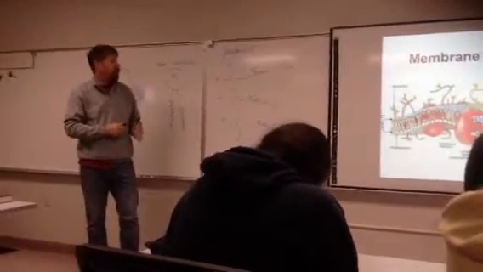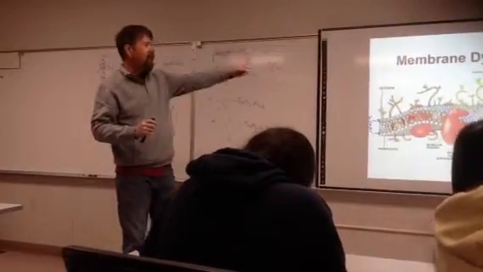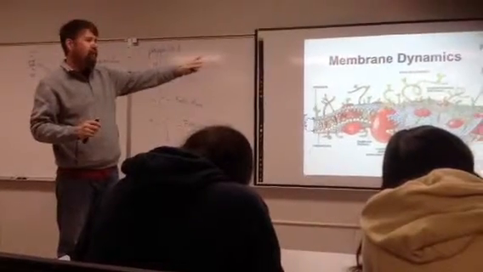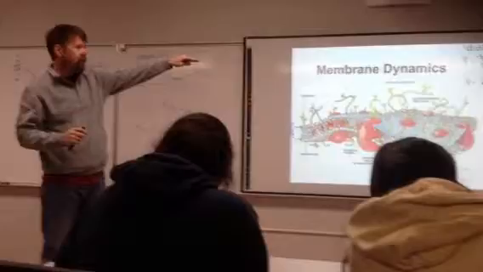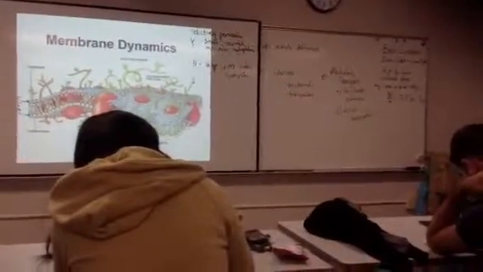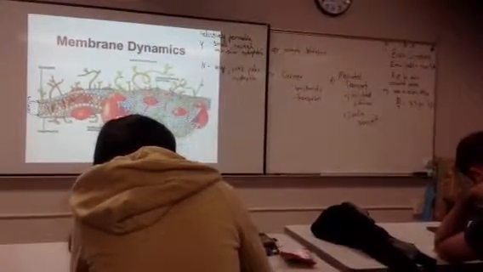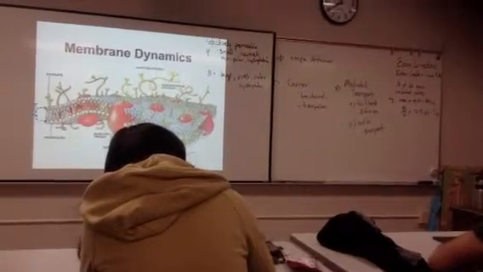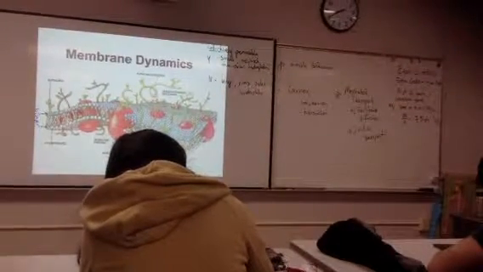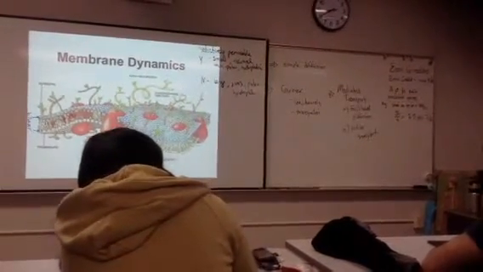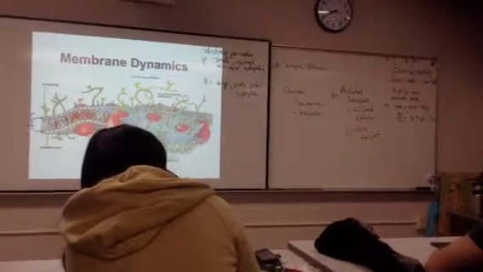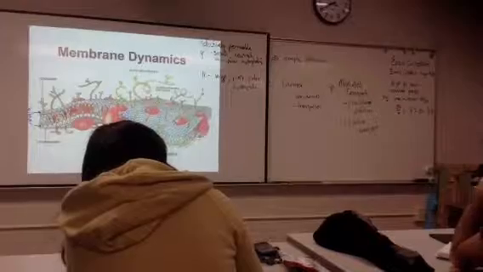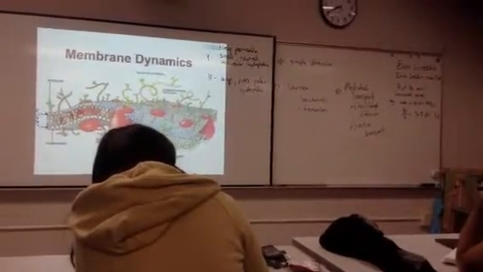Okay. So these are all mechanisms by which we can move a substance across the cell membrane, either by simple diffusion or mediated transport. If it's mediated transport with a gradient, we call that facilitated diffusion. If it's mediated transport against a gradient requiring the use of energy, we call that active transport. Okay. Now,